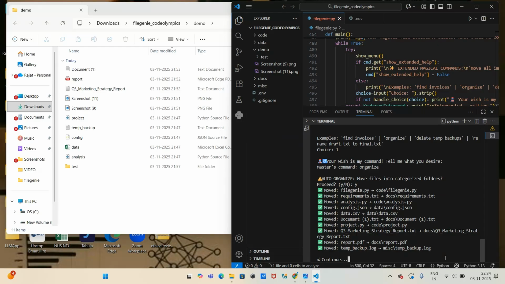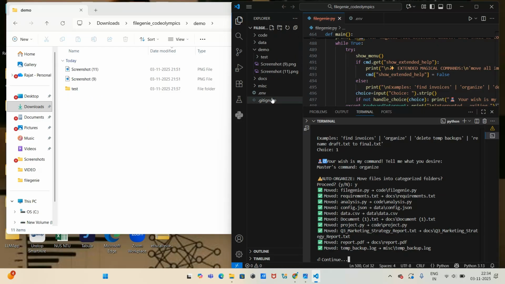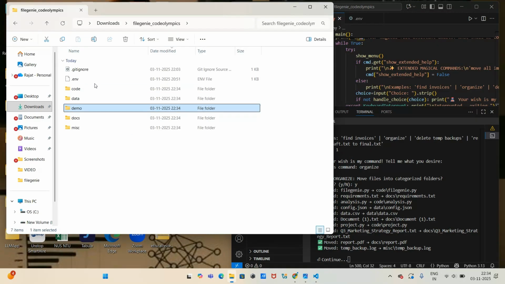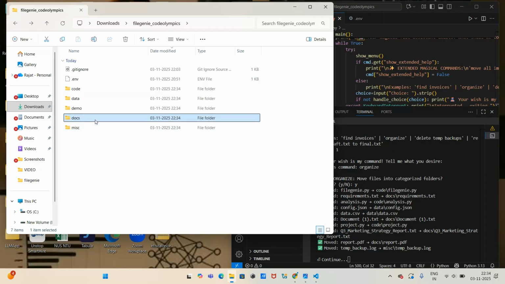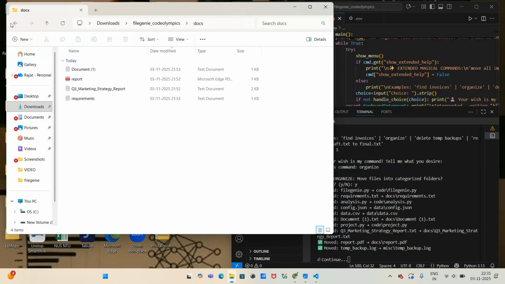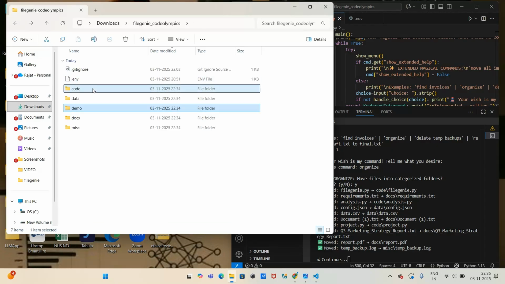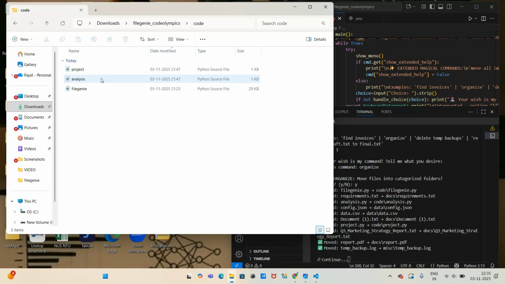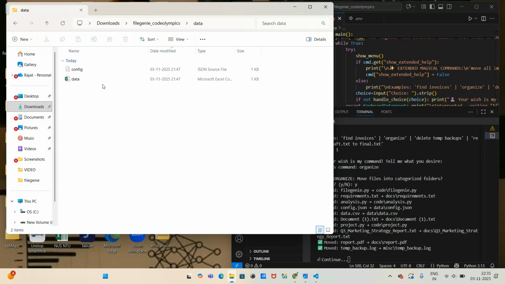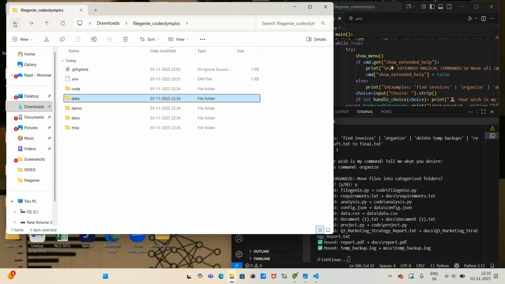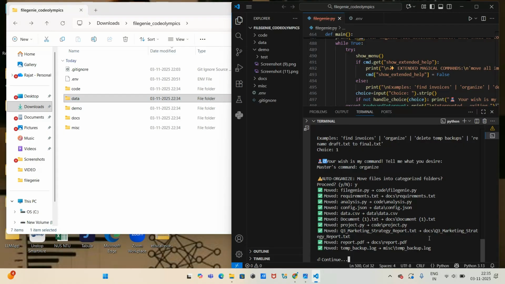So I'll just say yes, and now see how the folder has changed, how the folder has been organized into code, data, demo, docs, and miscellaneous. Miscellaneous has this log file, which is a temp package. Docs have these documents, PDFs and text documents, and then demo has screenshots and a test folder, followed by code, which has my code file, followed by two other files which I had as demo. And in data, of course, we have the Excel and JSON file. So this works really well,